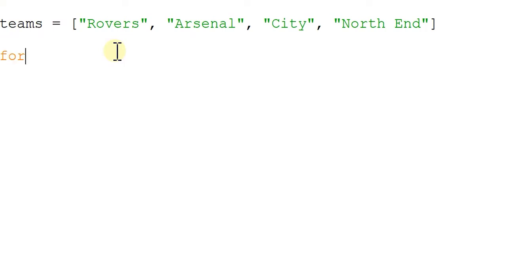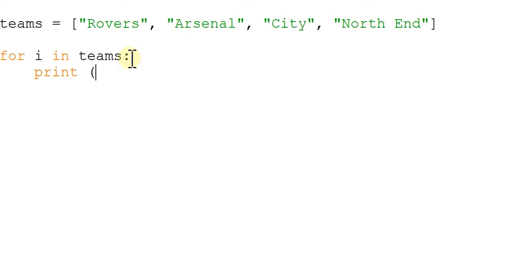So I'm going to type in something like this: for, and then i. So i is going to be a temporary variable, which is going to store the value of the item in my list. I'm going to say for i in teams. And that i that I've put in there could be any letter I wanted. It could be x, it could be z, it could even be a word if I wanted. But I've put for i in teams, and then I'm simply going to say